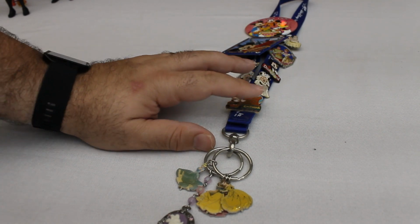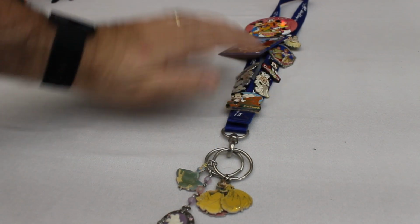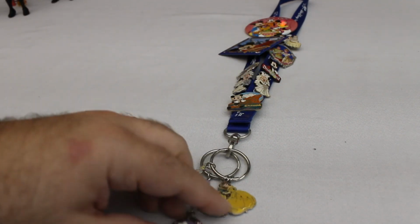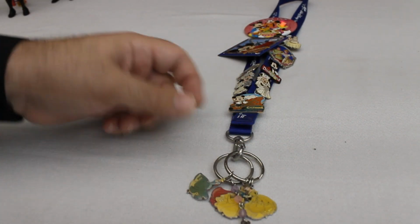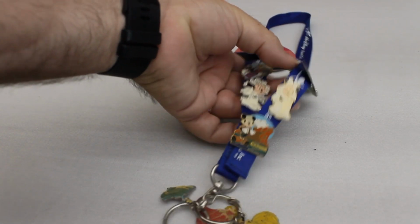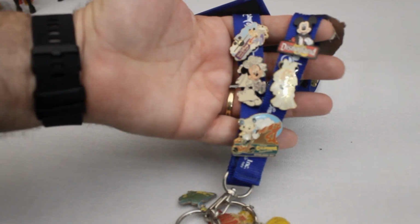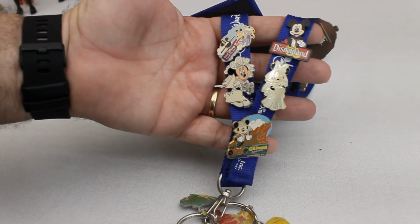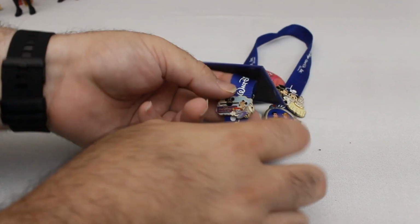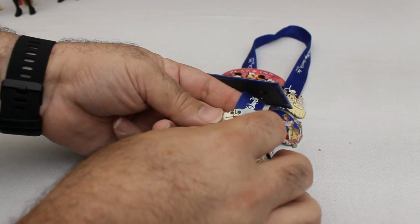This one I can date. This one's from 2001. This is from when we went for our honeymoon. And this is hers. And I know it's from our honeymoon because if you can see on here, there's a lot of brides. A lot of bride arrangements. We got our honeymoon through the Walt Disney Travel Company. So we have the little Walt Disney Travel Company pin,